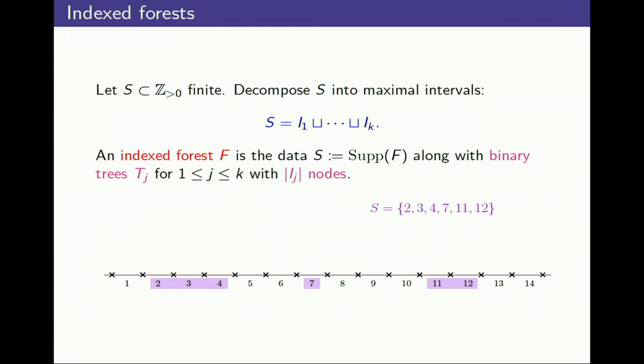Okay? So maybe I should say this. I'm labeling the unit intervals by 1, 2, 3, and so on. Whereas the forest here, well, it's sitting on top of these intervals. Right? So here's a forest with 3 nodes. These crosses are going to be the leaves, so it feels like a complete binary tree. Here's a forest sitting on top of the 7, and here's a forest sitting on top of that interval. Okay? So couldn't resist some death rays, if you will. And to tone down the aggression, they're dotted.